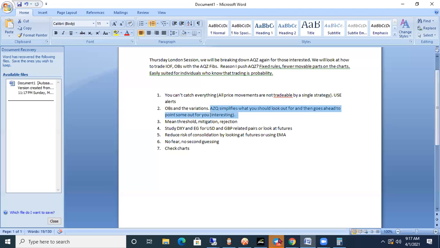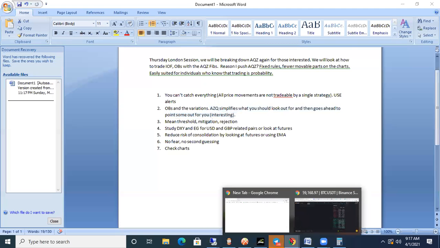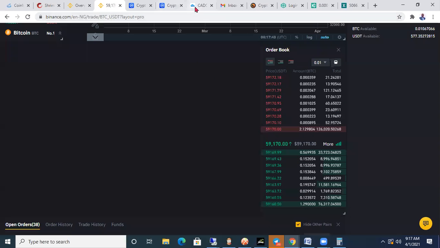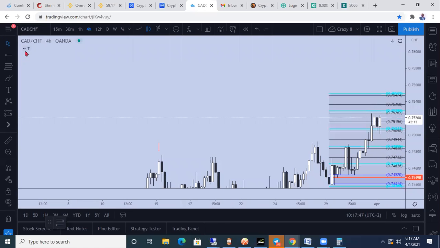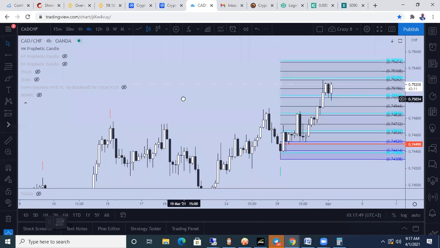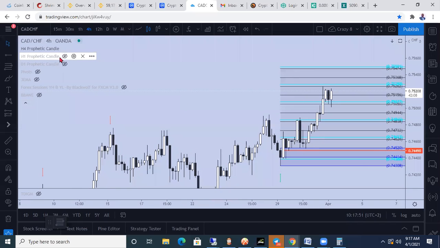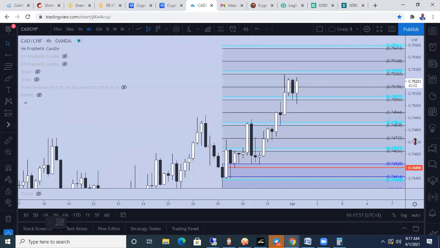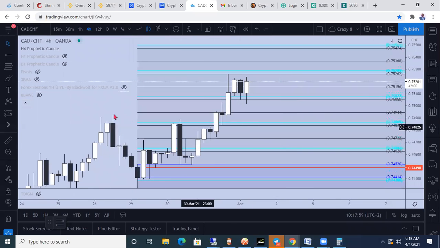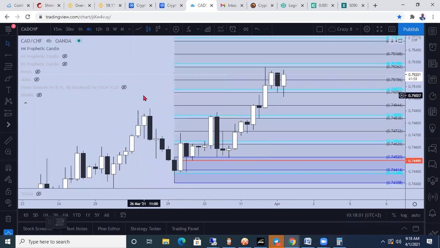So in AQZ, if you are basically new into trading and you get easily lost trying to discover what those candlestick patterns are, we have an AQZ term called the prophetic candle. What it does is that it uses a certain algorithm, which we wouldn't be explaining here, to spot out high probability